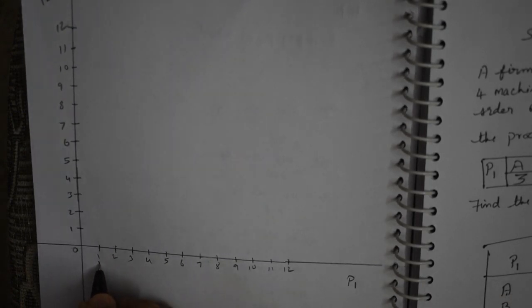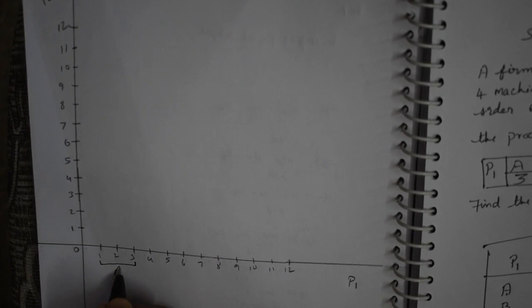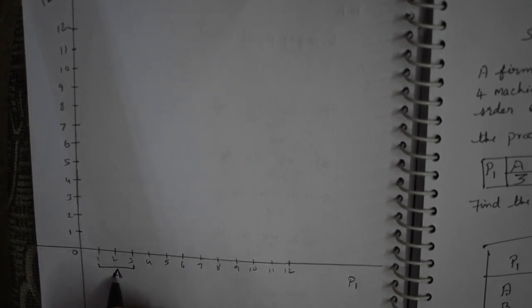A 0 to 3, which means 0 to 3 A, mark like this. Then only at the 4th minute we start, which means there is a gap here, and we move on till 7 with machine B, and from 7 on. Similarly for product 2,